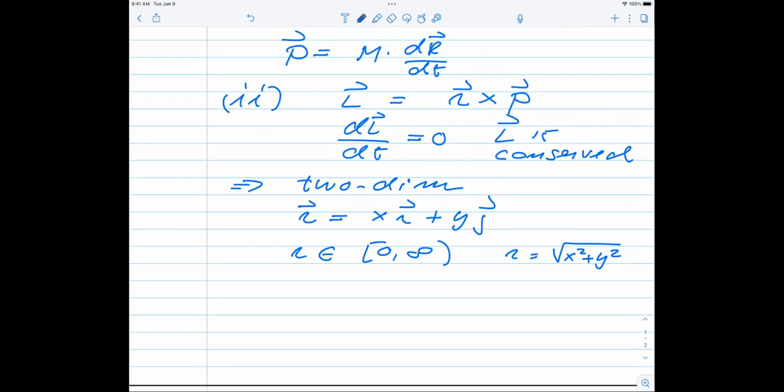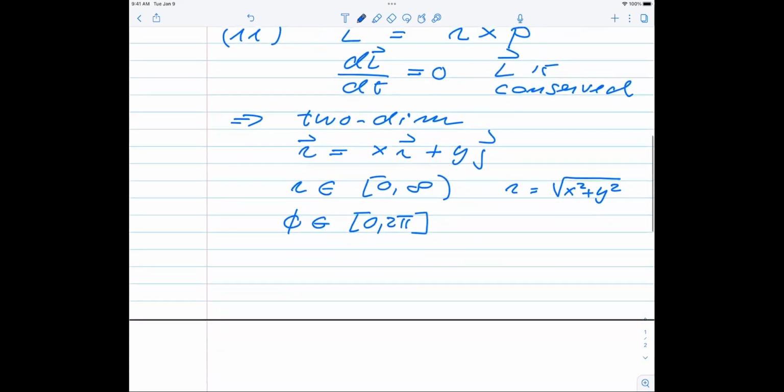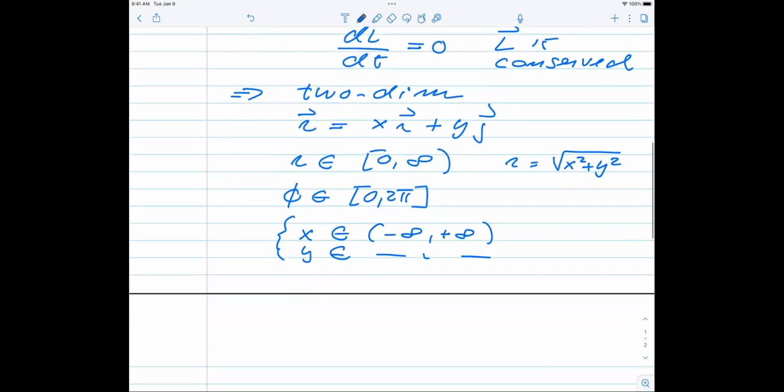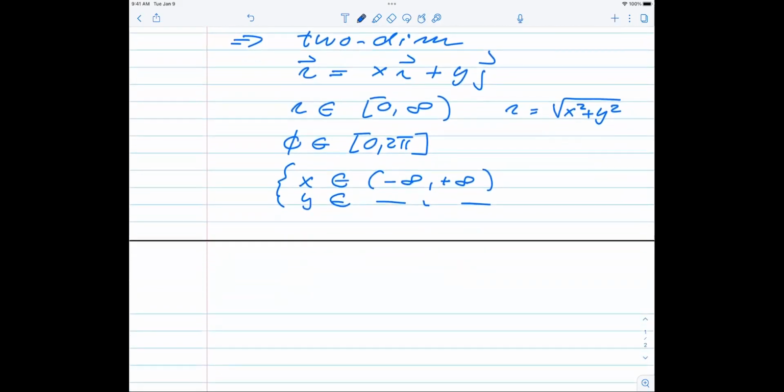And in our case, R is the absolute value without the vector sign. And then we have that the angle phi is defined between 0 and 2 pi. So we are just in two dimensions. And remember here that x is defined actually from minus infinity to plus infinity. And the same with y here. It's defined in the same domain. So we made this change of variables to r and the angle phi, which is going to simplify the equations